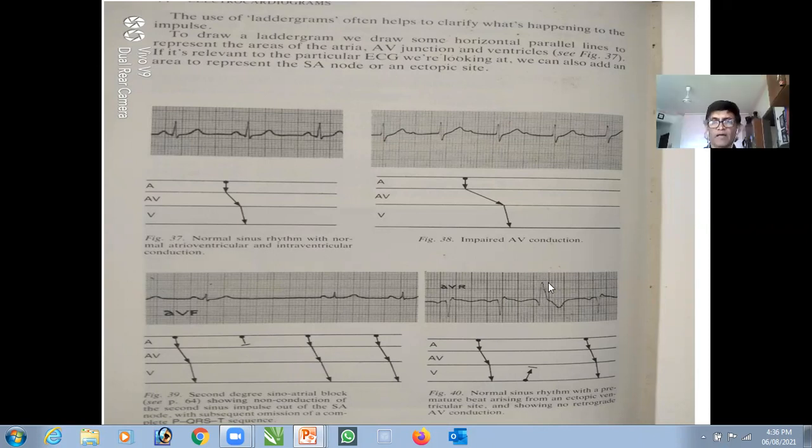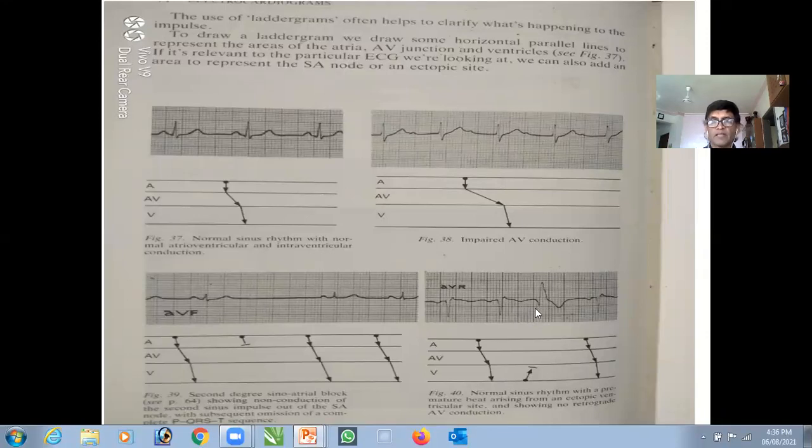You are looking at the same thing. The picture of this and the picture of this are the same. Is the T normal? Is the QRS normal? It is so wide, is it normal? No, sir, it's wider. It's in the opposite ventricular direction. In ectopics, the QRS is always wider.